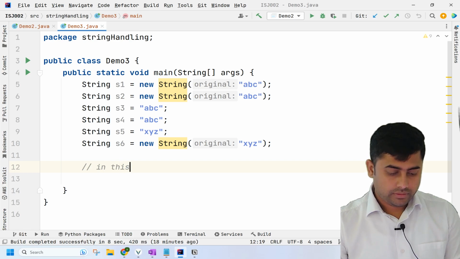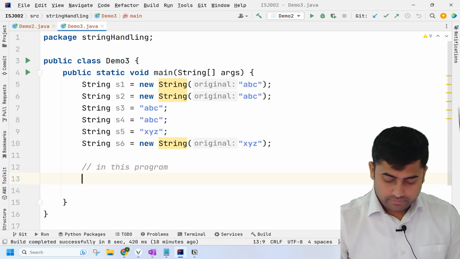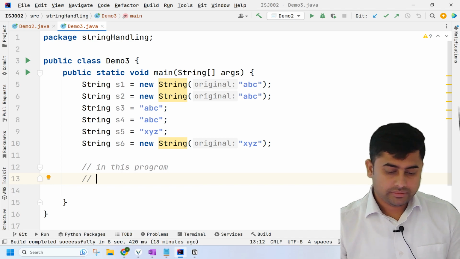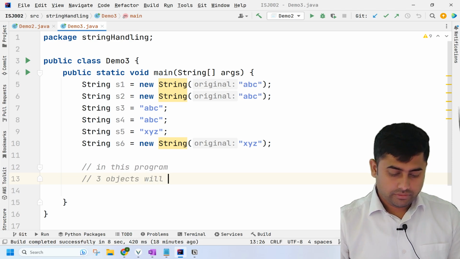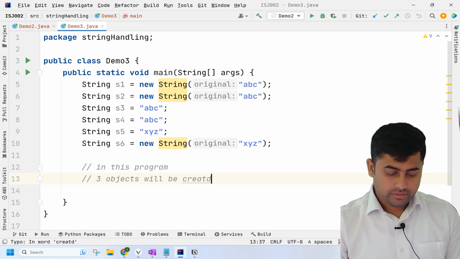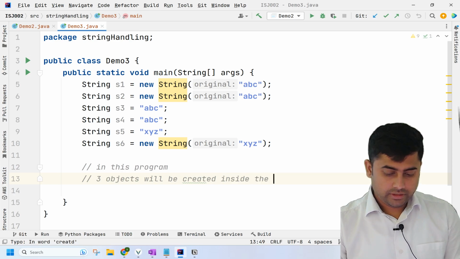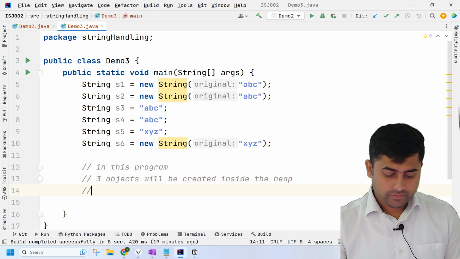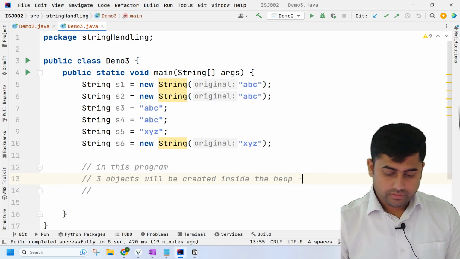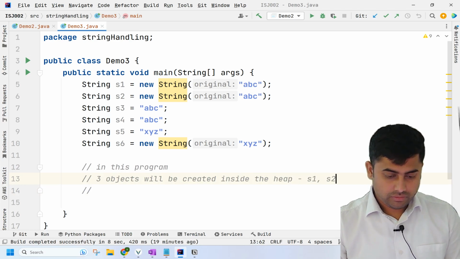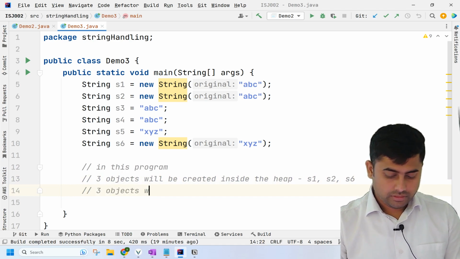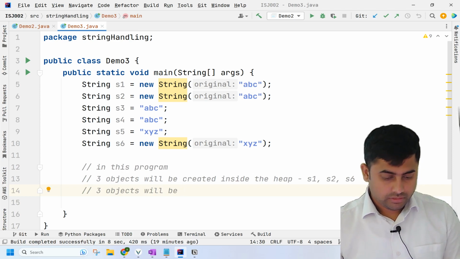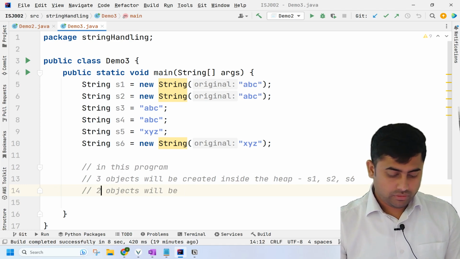In this program, how many objects will be created? 3 objects will be created inside the heap. Maybe S1, S2 and S6. Which ones? S1, S2 and S6. 3 objects. Two. This will be 2. 2 objects will be created